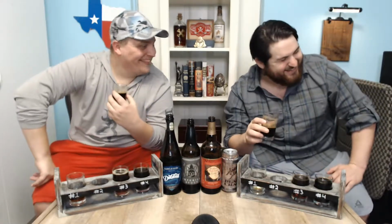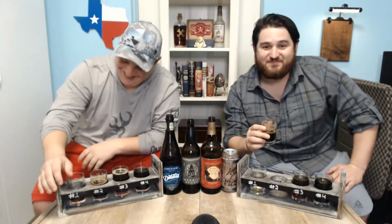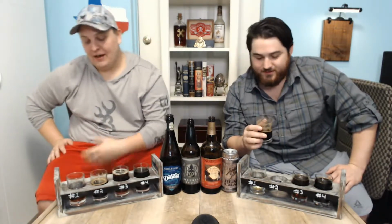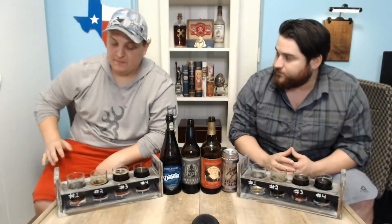It's not as light as number one, but man, it's good though. Like this for a heavy beer. Surprisingly, this has a really good flavor. Especially for being thick, dark, and delicious, right? All right. That's pretty delicious, though. So the first one, honestly, on a scale of 1 to 5, forgot to rate it,